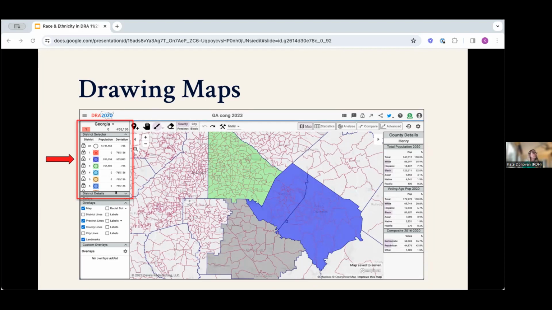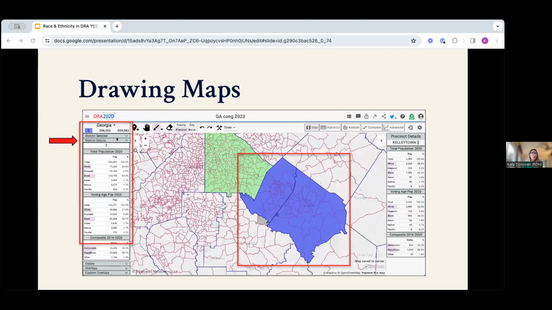And you can see that at the top of this selected red box, the District 1 is highlighted. So I would select District 2. And then I'm going to select District Details to expand the data on the left-hand side. So because you can see data at any geographic unit which you are using to draw or the district level, this does give you a lot of flexibility in terms of data that you can pull up on demand in DRA.